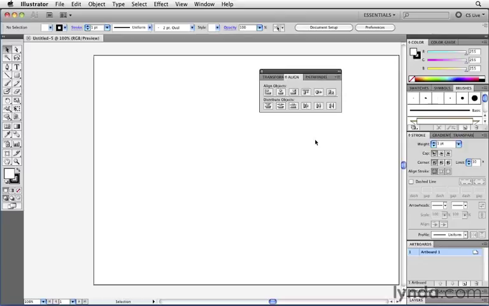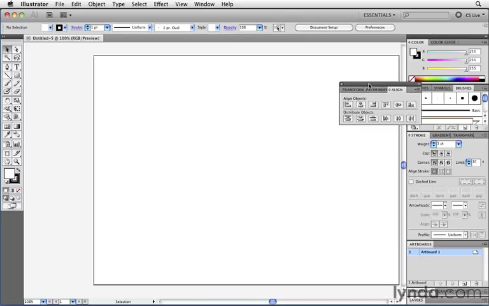However, let's say we wanted to turn this now into a dock. If I grab just the Align tab itself, that would mean I'm pulling that one panel out by itself. Rather, I'm going to grab this by the actual dark gray bar on the top here and start to drag that towards the right. As I get close towards this dock right now, you'll see another line appear that animates